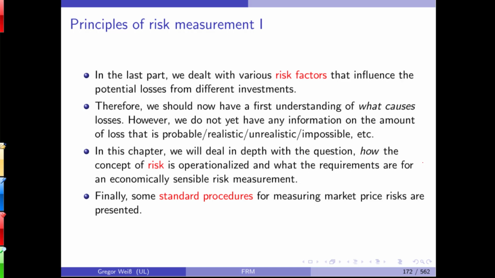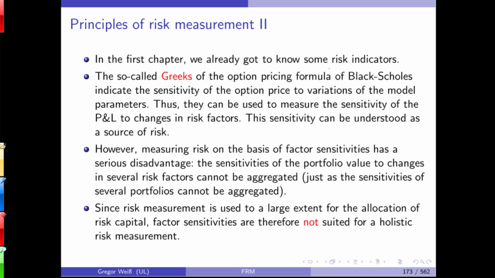And in this chapter, we'll now deal with the question how and with which metrics should we measure risk if we are given a loss distribution. So we have L_{t+1}, and we want to estimate a function of the loss distribution. The simplest idea could be to take the mean loss, the expected loss, an average loss.